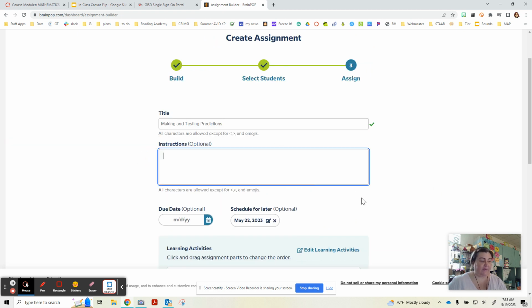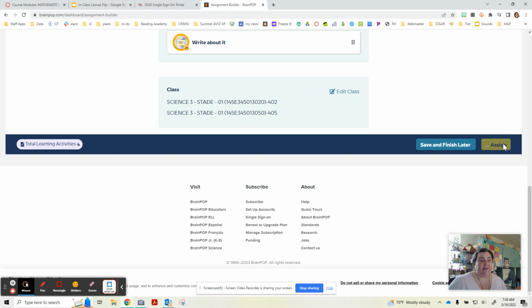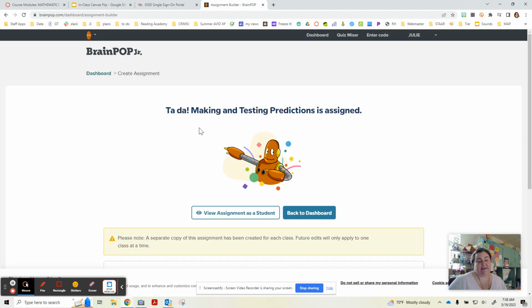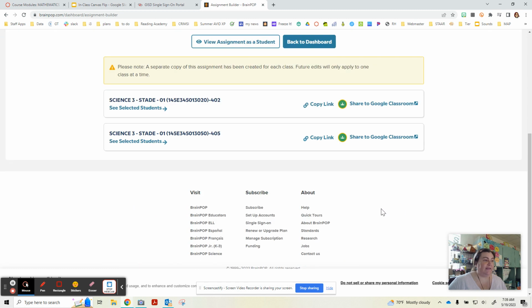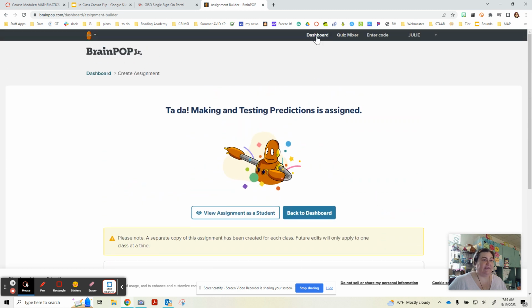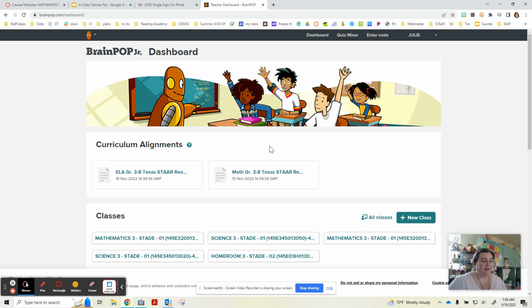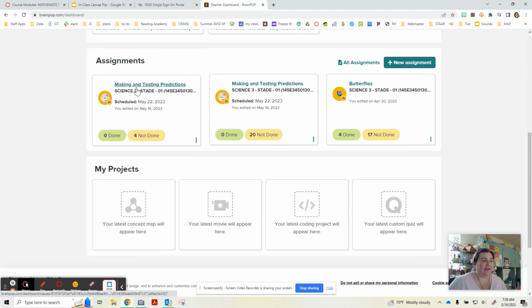That's fine. We'll take this out. Then we click assign, and now it's assigned to the students. What I like about this is that it's super easy also to grade. So let's look at